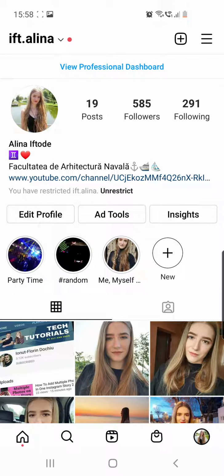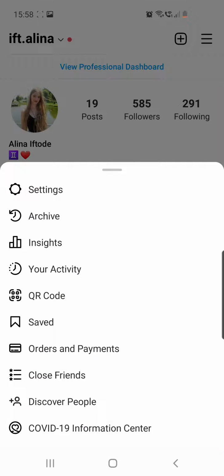So here, as you can see, I am already on my Instagram app, so make sure that you are logged in. Once you are, you have to go to your profile page right here. Then you have to click on those three lines from the right top corner. You will see that the process is really simple. So from here you have to go to the first option, which is settings,